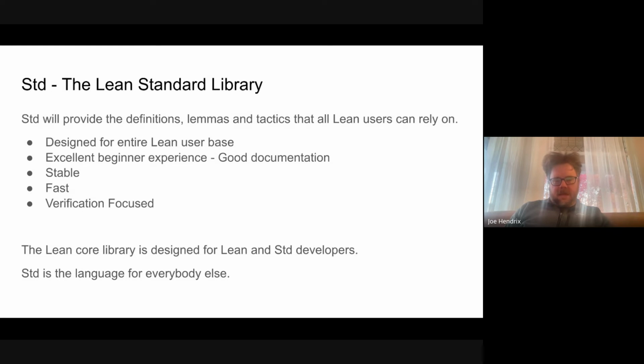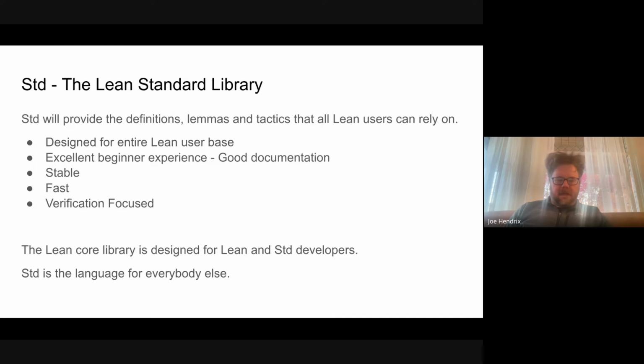We want it to be stable and fast, with efficient executable runtime for the operations, so you can depend on them both for verification and for efficiency if you're writing code that you want to use in a more production-ish environment. And it's verification focused. For the operations we have, we want good support from a verification standpoint in terms of lemmas and tactics. We really want to focus on both the programmer and the verifier in the standard library.